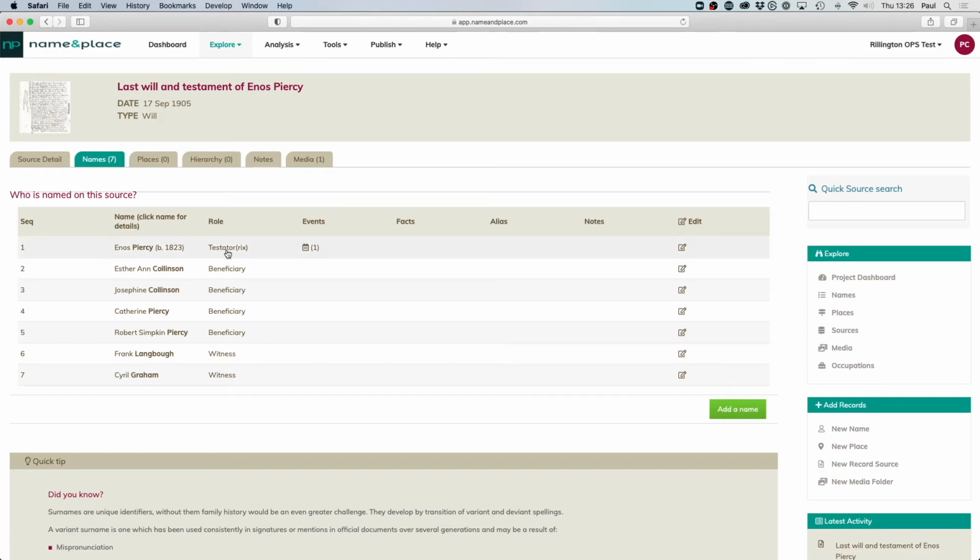So, and they are given a role. So you have Enos as the testator, and you have the beneficiaries, and you have the witnesses. So even if a name of somebody appears just once on one obscure document within your project, they're recorded, because who knows how important that information could be in the future, and perhaps that ties up with some further research you do along the line.